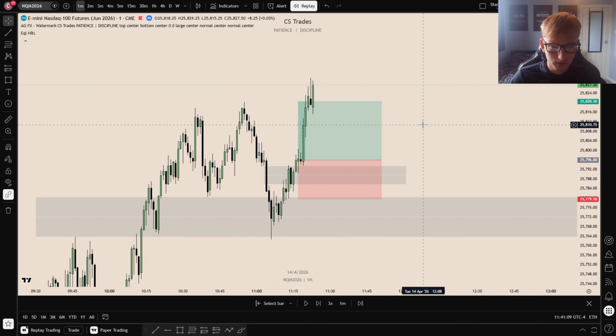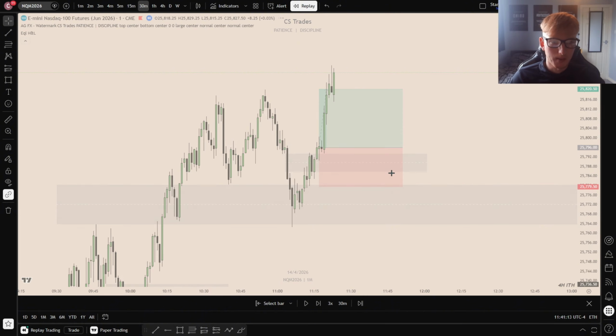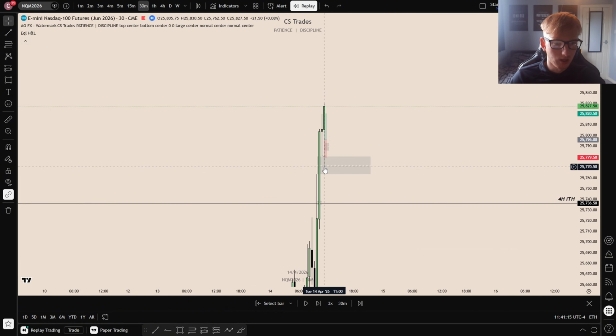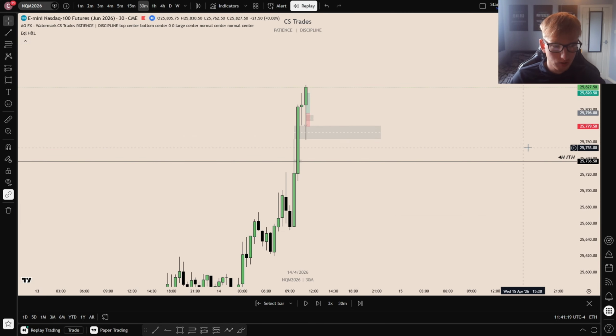Unfortunately, I was already done for the day. I'd finished trading, I'd left the charts. I did not see a potential, but then obviously I've came back and we had this really nice 30-minute gap filled below, and then we just bounced out of it. So this was certainly trade of the day.